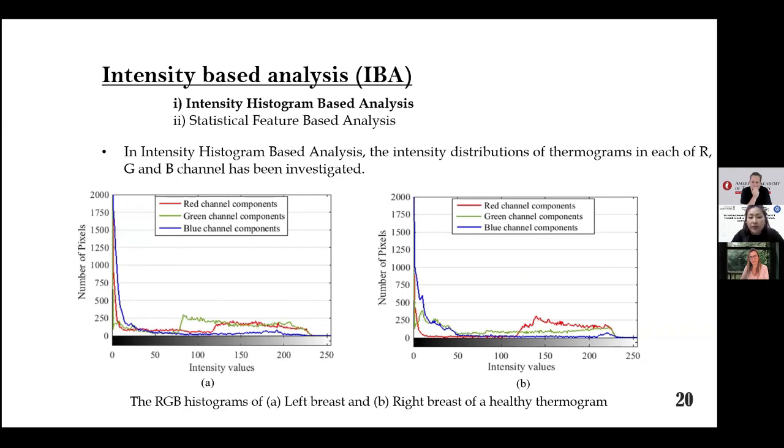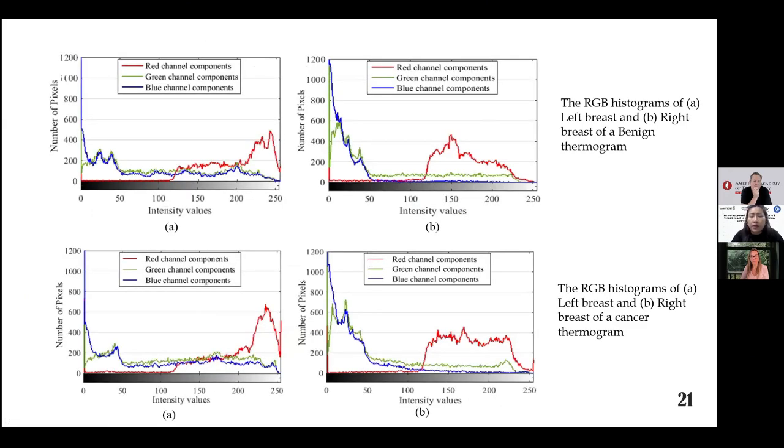As you can see in the figure, for a healthy breast thermogram, the intensity distribution of the left breast is almost symmetrical to the intensity distribution of the right breast. There are not that many major changes. But in the case of an abnormal thermogram, benign or malignant, you can see the temperature range of the red channel in figure A, on the first row,